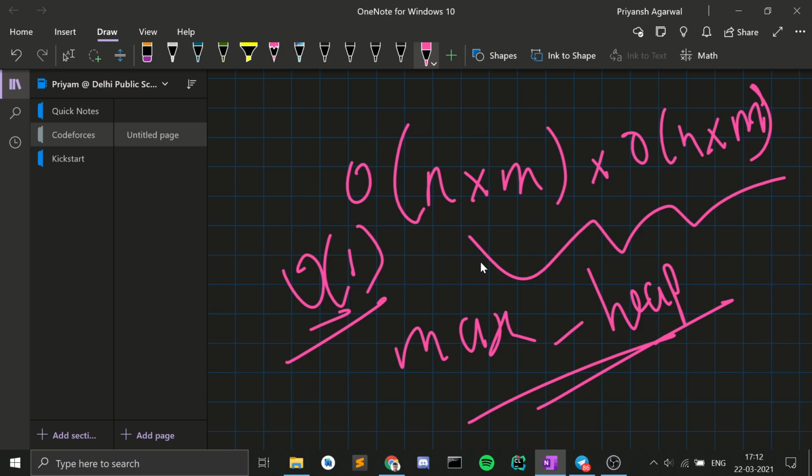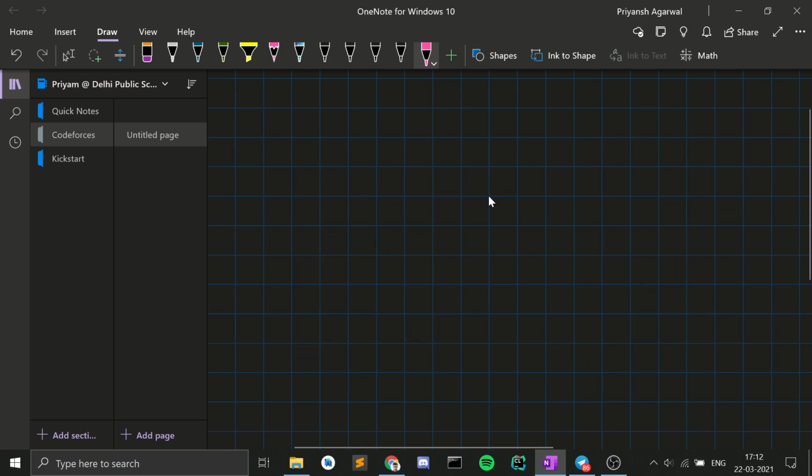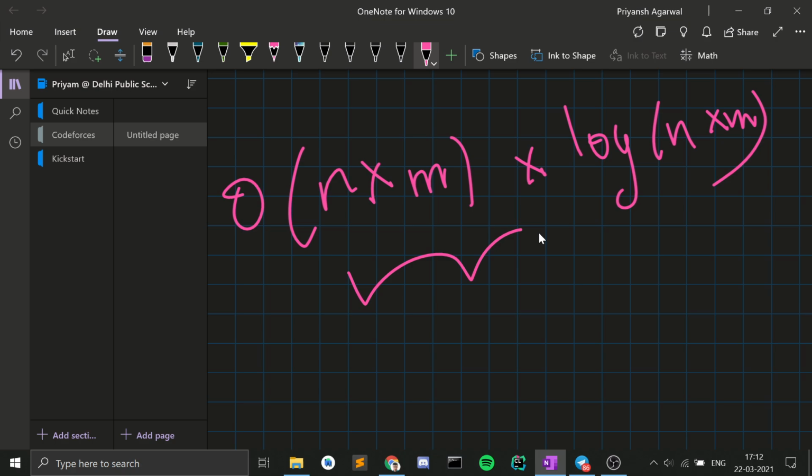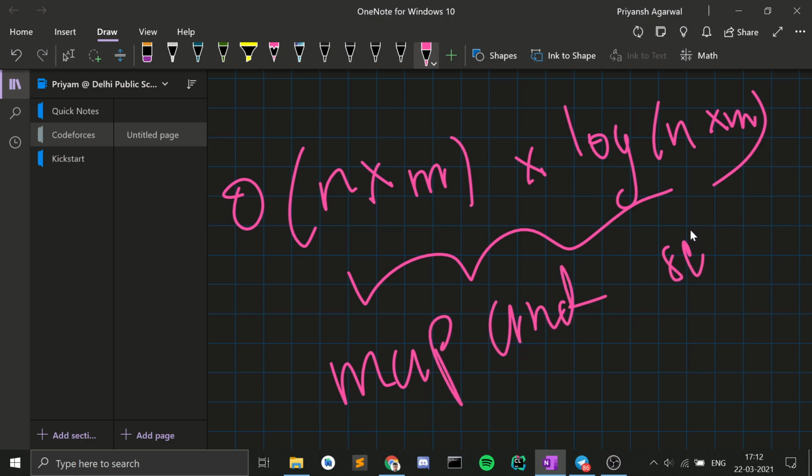So your overall complexity in that case will become n into m times order of log of n into m, right? When I was solving this question, I did not use a max heap. I instead used a combination of map and a set to do the same thing. But obviously using something like a max heap or a priority queue would have been better.